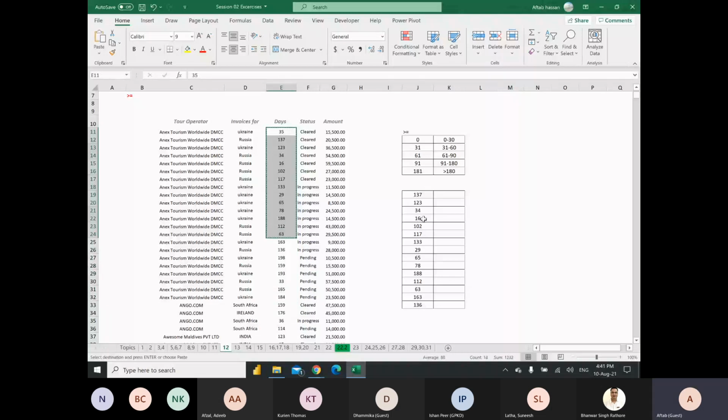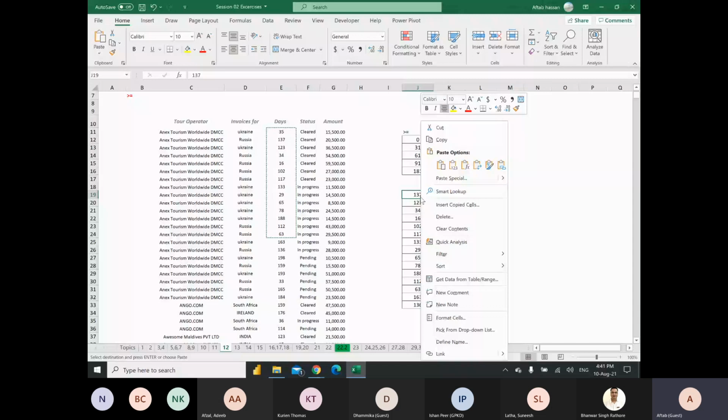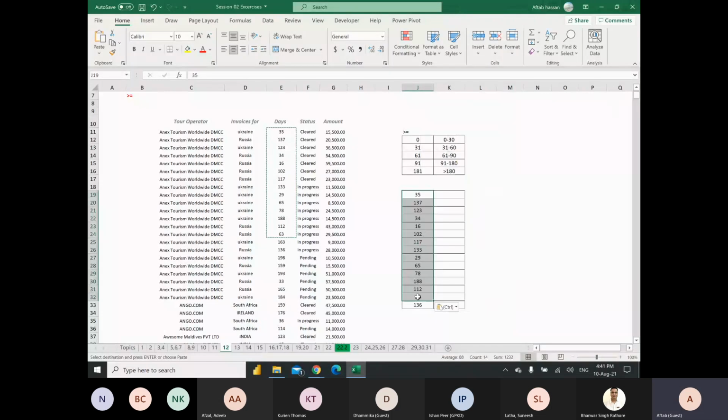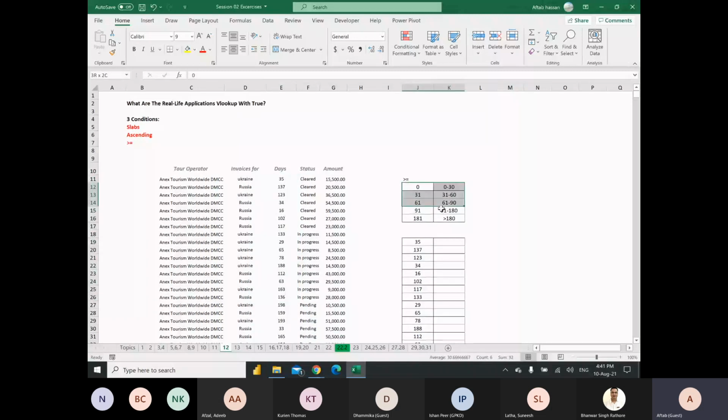For example, I have copy-pasted these figures here. Now I want to know which category each comes under. You can see I have prepared a table which fulfills all the requirements of the condition. For example, ascending 0, 31, 61, 91, 181, and then this is our header. So what we will do,